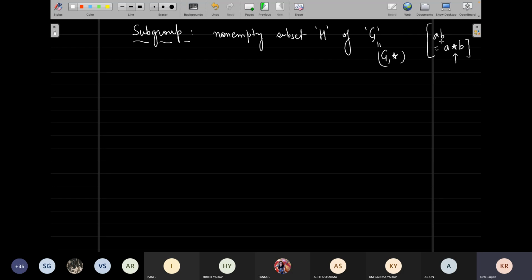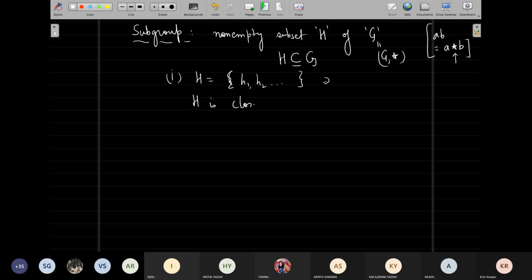AB doesn't make much sense unless there is a composition, right? Okay, non-empty subset H of G, that means that H is contained completely in G, such that H is of course a set of elements. So I can write H1, H2, so on and so forth, such that